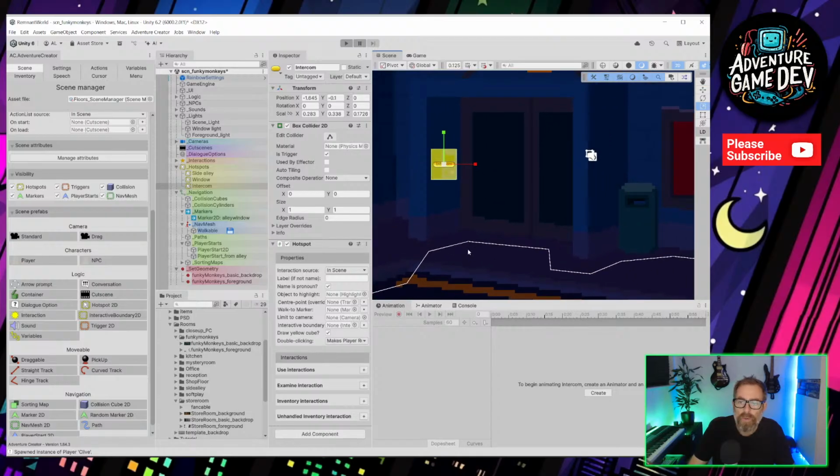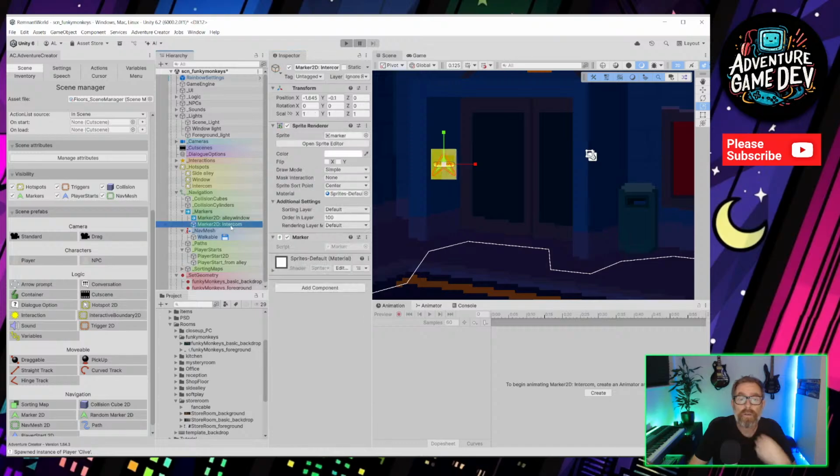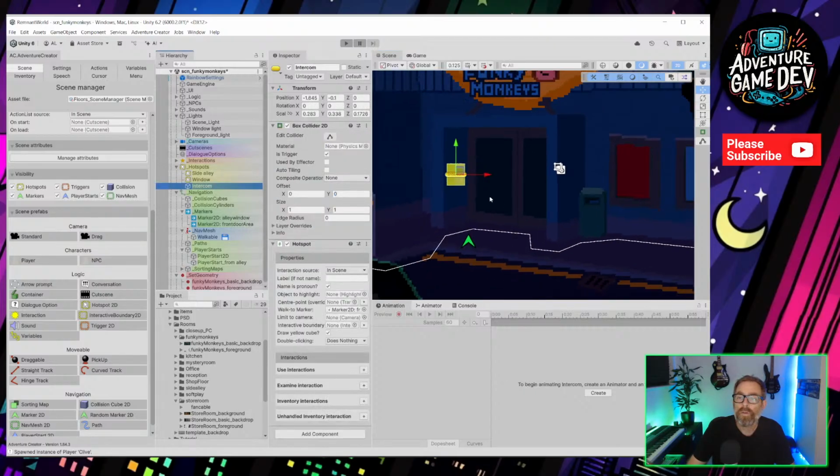I think we're going to share a walk to marker for these doors, because you'll be able to look at the doors as well. So let's set this up and then just copy this a few times. So that's the intercom. The walk to marker, I'm going to call that front door area, because we're going to share this marker with a few different interactions here. So intercom,